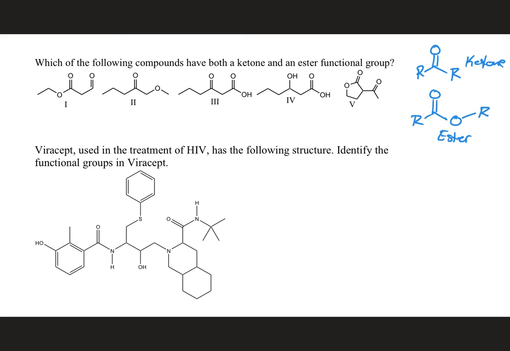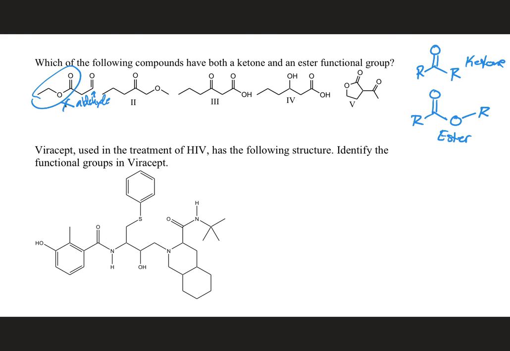So if we look at the left molecule, 1 has a hydrogen there. That's an aldehyde. That's why, if you look at 1, it looks incomplete that way, to me at least. So that's why we usually put the hydrogen in. I would imagine whoever made this just wanted to leave it out to try to confuse students or conserve space. But we have an ester here, but there's an aldehyde right there. So